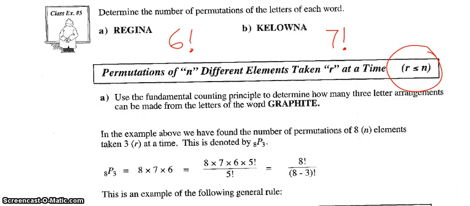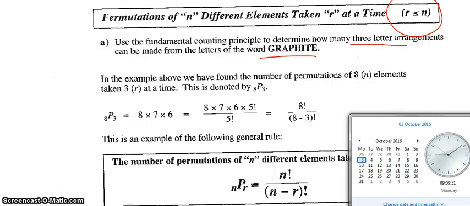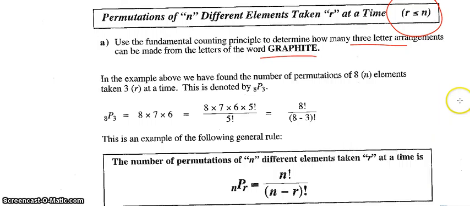So let's try the following. If you have the word graphites, how many 3-letter arrangements can you make from that? All right, first, make sure all the letters are different. So there are a total of 8 letters here. Now, using our methods before, you want to make a 3-letter arrangement. You have 8 choices, 7 choices, 6 choices. This is what we did in lesson 1. And now we see, hey, this is a pattern, right? That can be written this way,